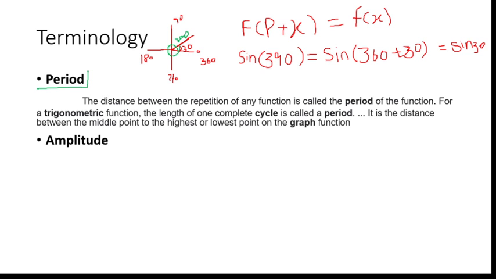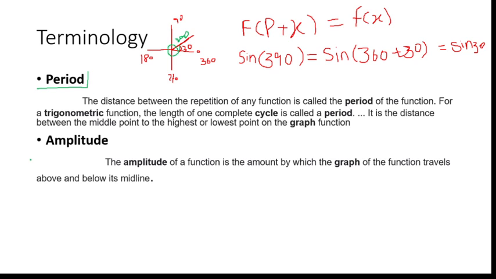So what is the amplitude? Basically, the amplitude of a function is the amount by which the graph of the function travels above or below its middle line. For example, notice here, when we are talking about the middle line, this is some xy coordinate, and if this is 1 and this is -1, okay, so you notice here